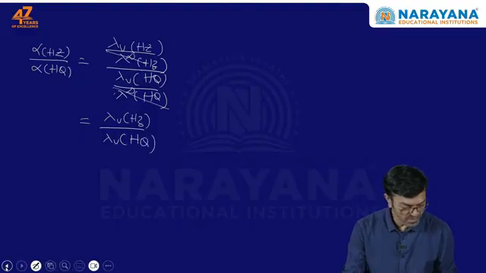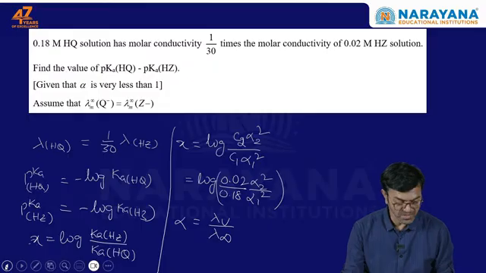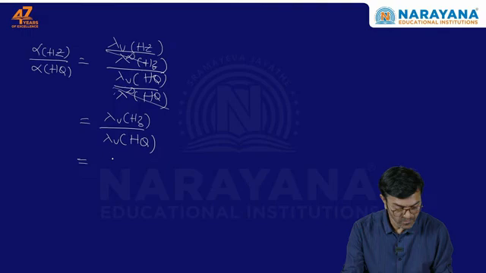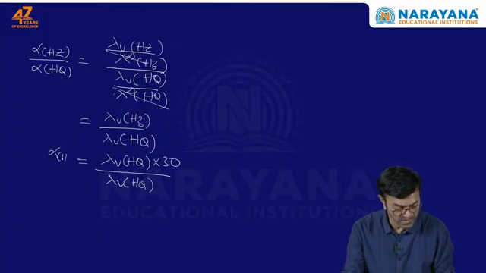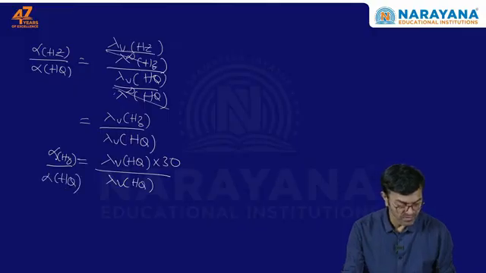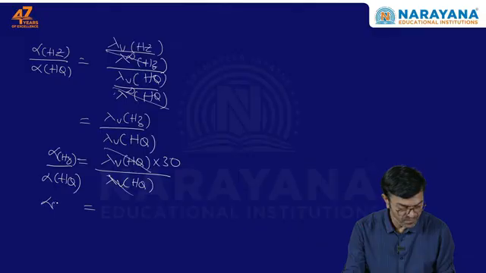So lambda HQ is 1 by 30 times, so Hz is 30 times of HQ. That means it is lambda V of HQ 30 times by lambda V of HQ. So this is alpha Hz by alpha HQ. So alpha 2 by alpha 1 we got because these two get cancelled, that is 30. So 30 square we need,